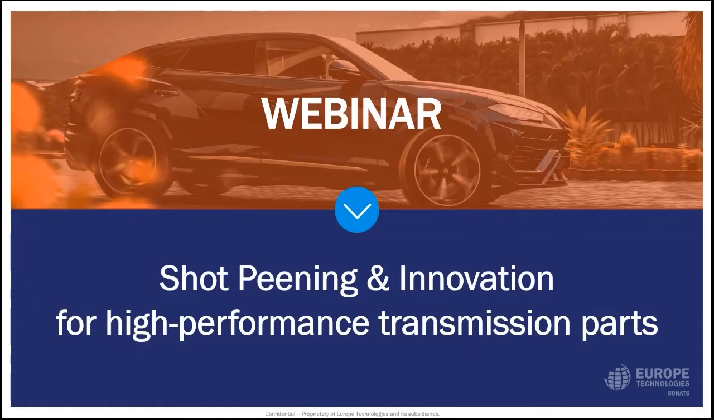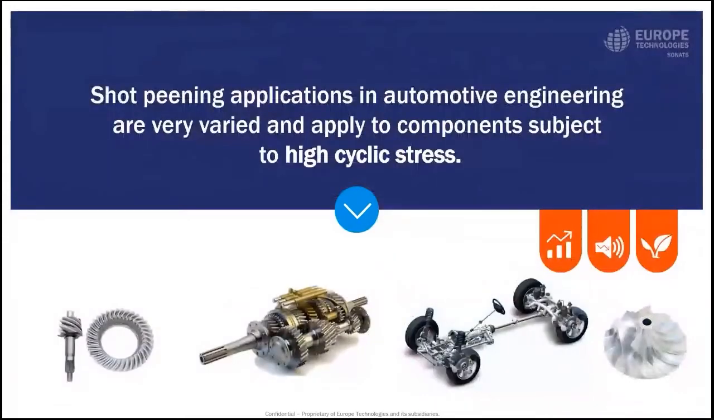So we start with shot peening and innovation for high performance transmission parts. Shot peening applications in automotive engineering are very varied and apply to components subject to high cycle stress. Shot peening can be applied on bevel gear, idle gear, output shaft made in steel. We can shot peen also aluminum housing for Formula One, or compressor wheel made in aluminum, or a turbo wheel